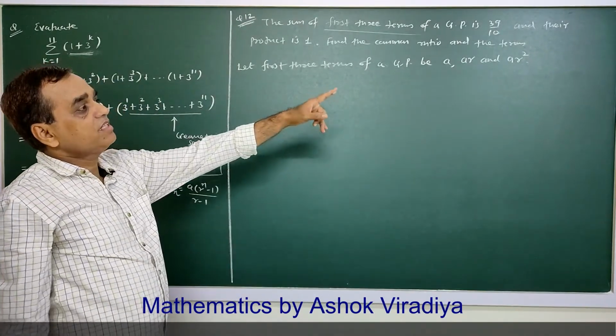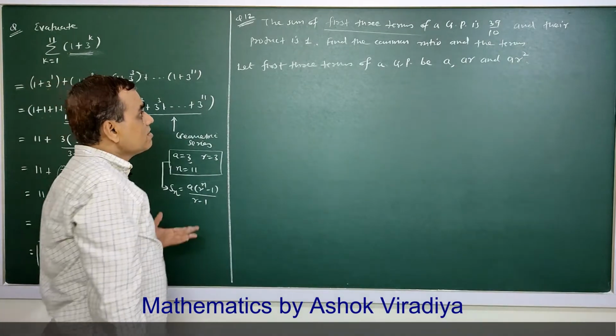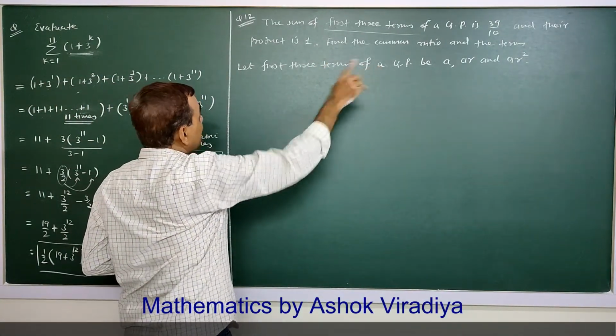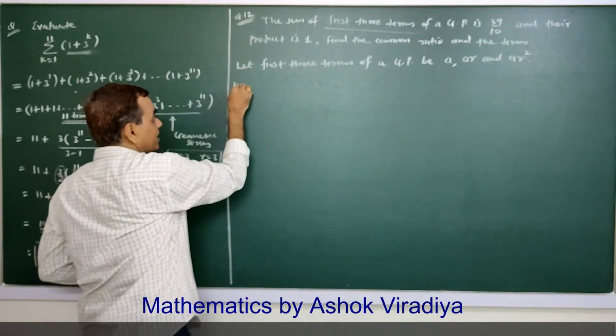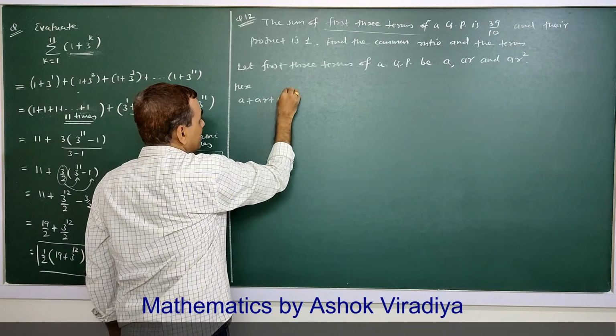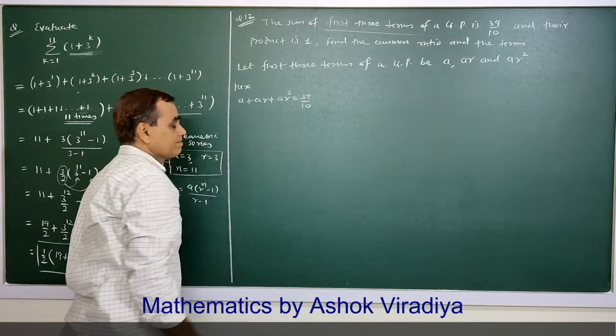These are the first 3 terms of the GP. Their sum is 39 by 10. So here, given that A plus AR plus AR square is 39 by 10